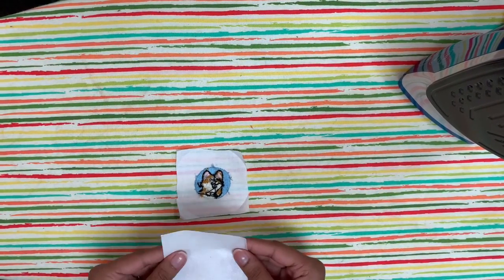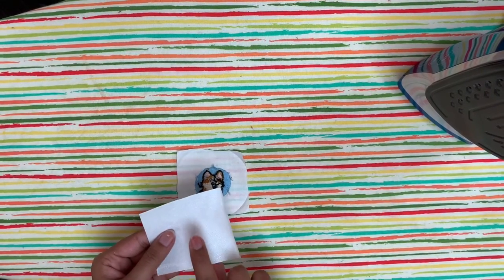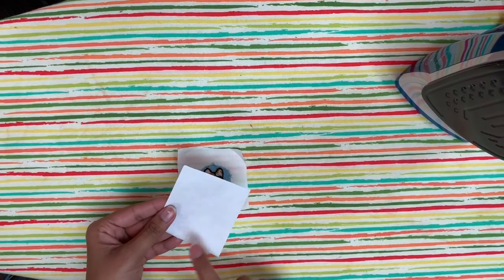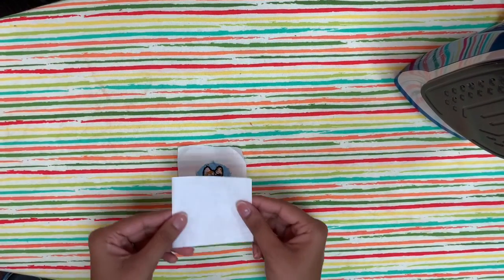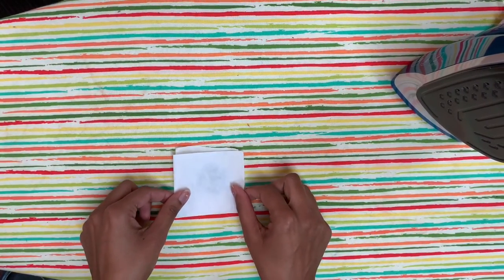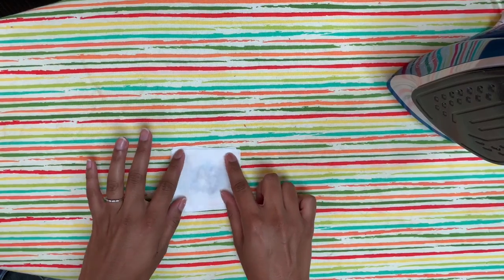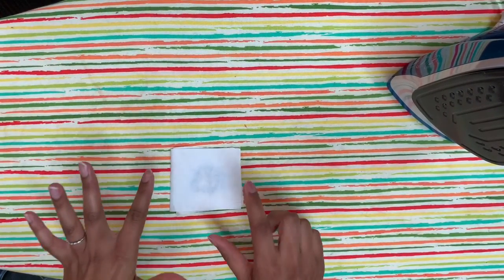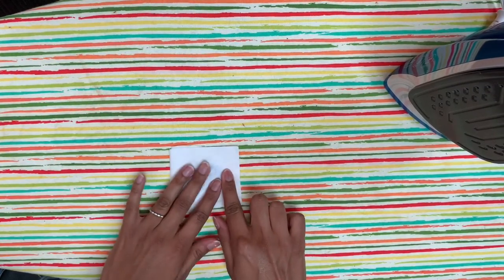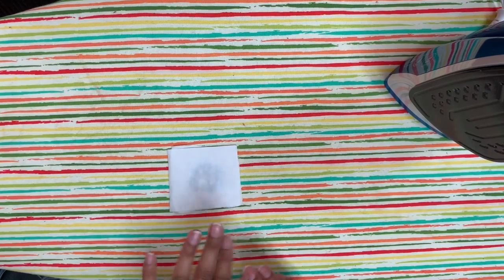With your iron-on adhesive piece, there's going to be the adhesive side, the iron side, and then this side that has a paper liner to it. So you're going to take this and put the side that has a paper liner facing up, kind of over your piece here. And I trimmed down my piece of fabric and the iron-on piece so it's a little bit closer to what I needed. All right, so now that I have all of this set,